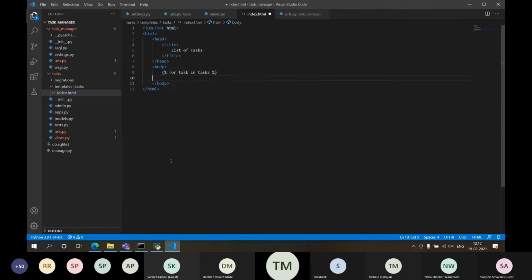I'll need to start an unordered list, so ul I type over here. Now I'll be using an HTML tag li to display a task, so I'll get this task over here, task. Then I just write end for. That's it.